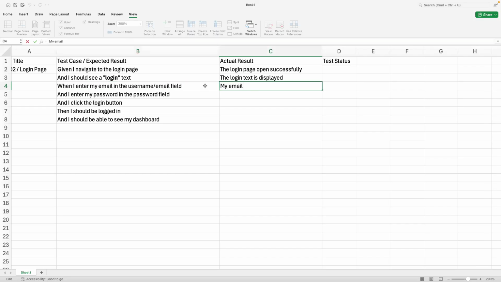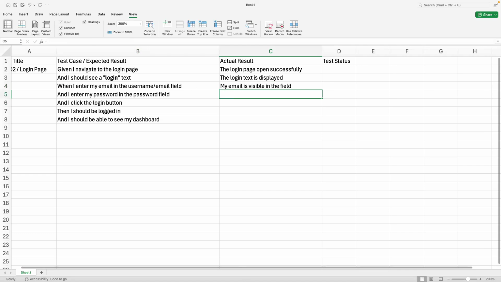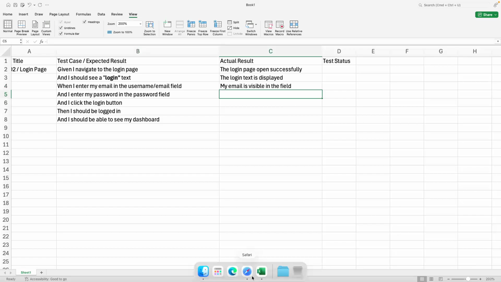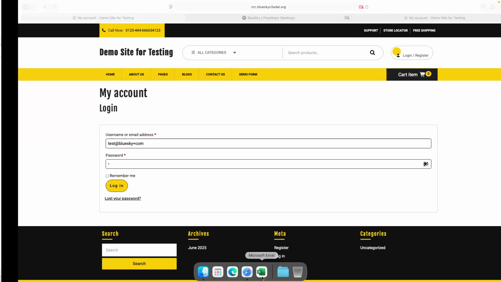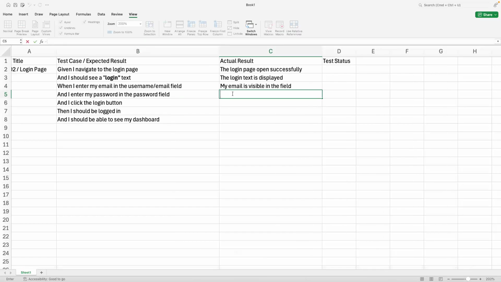So my email is, so what happened to the email? The email is what is visible in the field. So similarly for the password, once I enter my password, I enter my password as one, just one. Okay, so we say my password is,